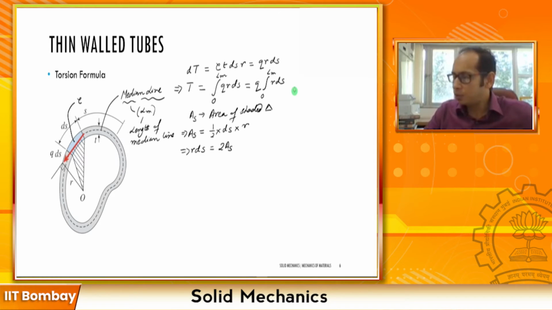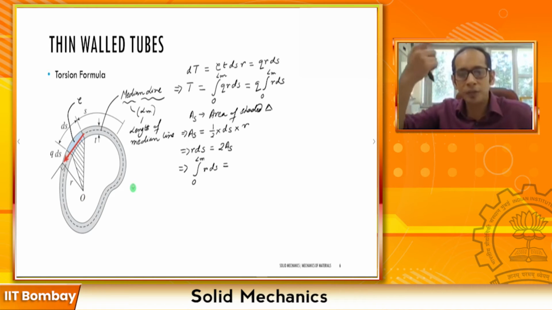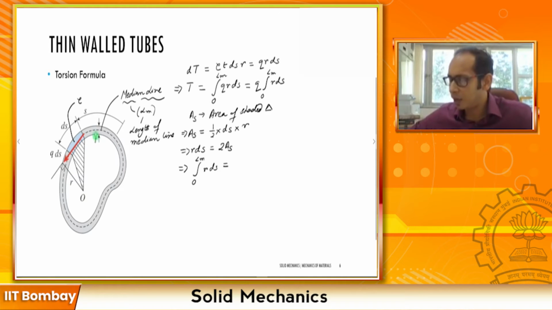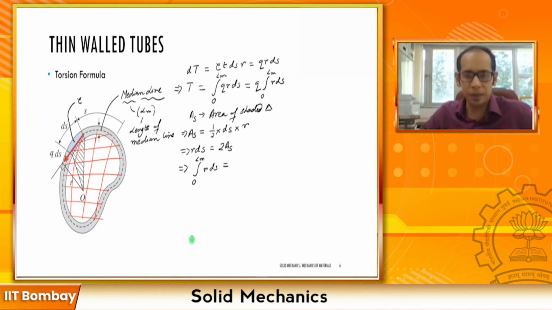Now try to comprehend this. If I take the integral from 0 to Lm of r of ds, what does that represent? For this small ds, r of ds is nothing but 2 times the area of the shaded triangle. Now if I'm traversing across the entire length of the median line, it is simply going to be 2 times the area of this entire section, the entire area which this median line encloses. So it is going to be 2 times the area Am,